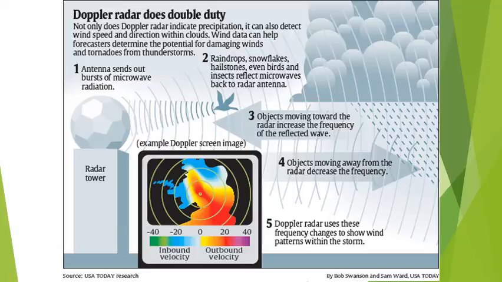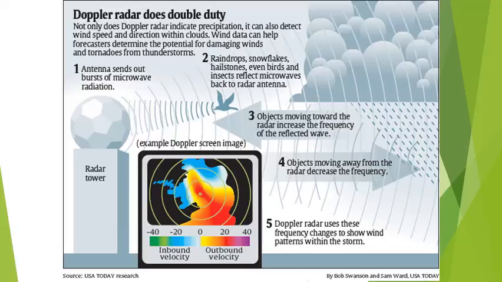Then, years later, it was realized that the frequency of the pulse that you sent out was different than the frequency of the pulse being received. There was a shift there, and that was because of the relative motion of the object that was being struck by the microwave pulse. So the pulse would get sent out at a certain frequency, hit a moving raindrop or a moving hailstone or whatever, and be reflected back, but with a slight shift in its frequency, a slight Doppler shift. And once you knew the amount of Doppler shift, you could figure out how fast that object was moving, the raindrop, the hailstone, which would give you an indication of the winds inside the storm.